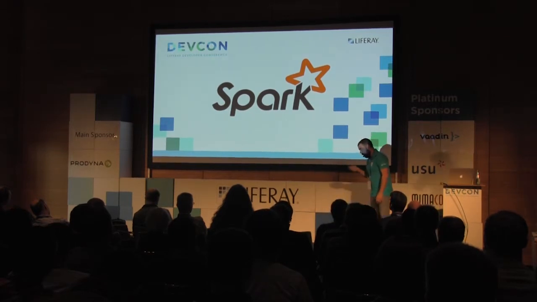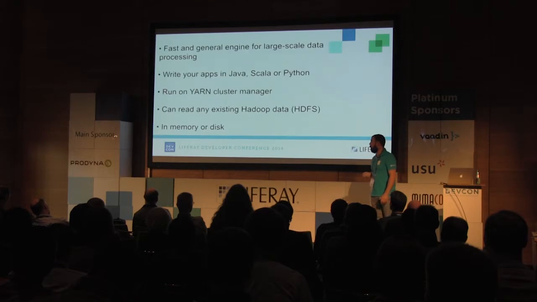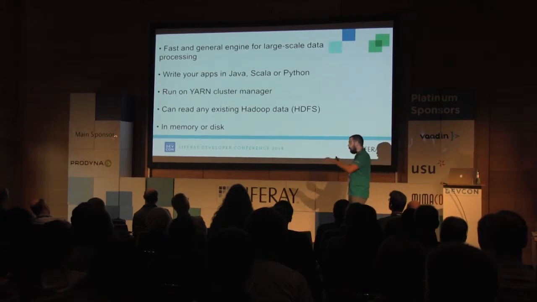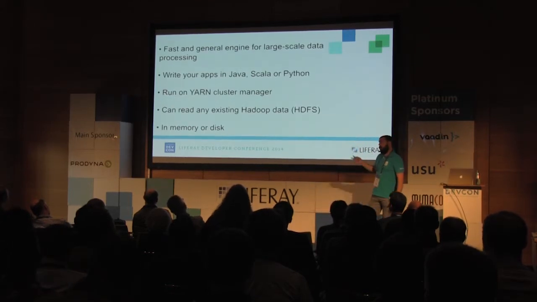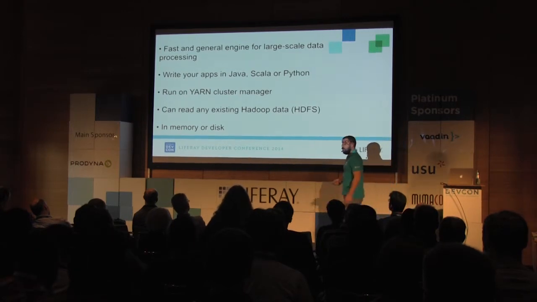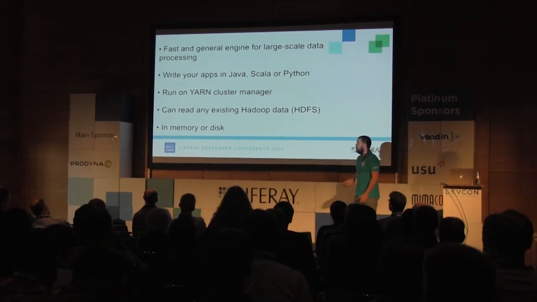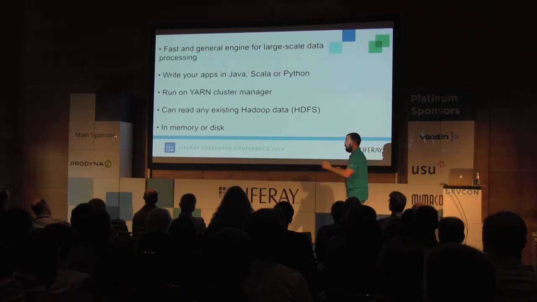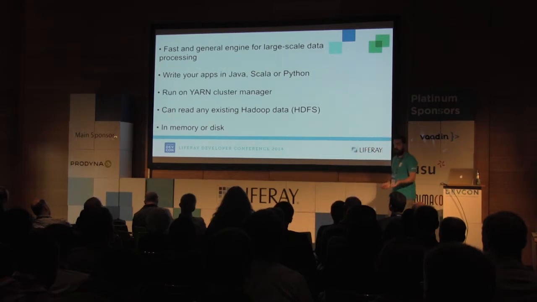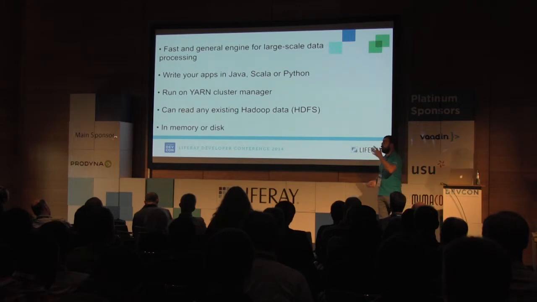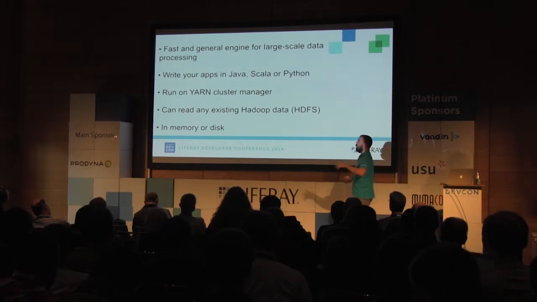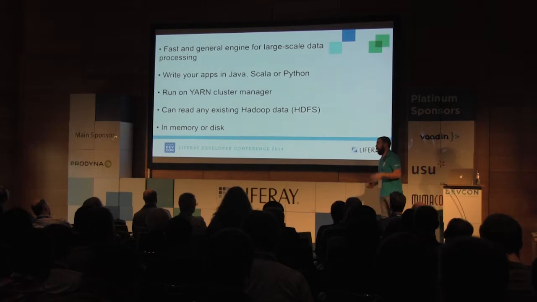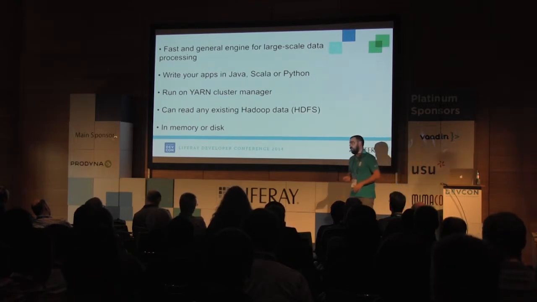We're going to see a very quick overview of many different technologies, subcomponents of Spark. Spark is no more than a fast and general engine for cluster computing. You can write your applications in Java, Scala, or Python, and just deploy them to Spark, and they will be executed there. The point is that Spark can run in memory or on disk. If you run in memory, it's about 100 times faster than Hadoop. If you run it on disk, it's about 10 times faster.